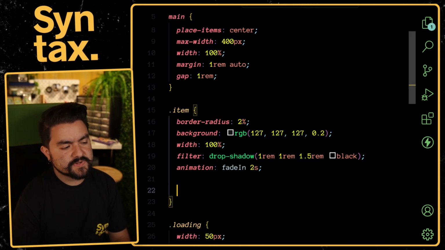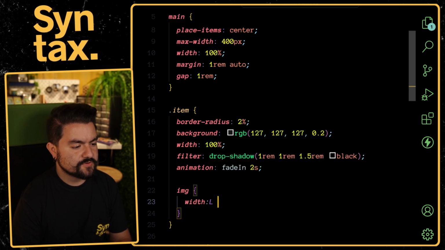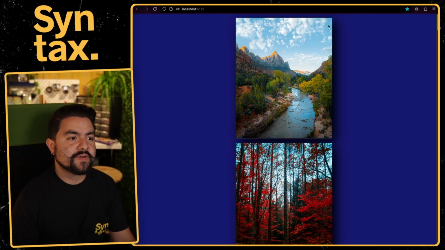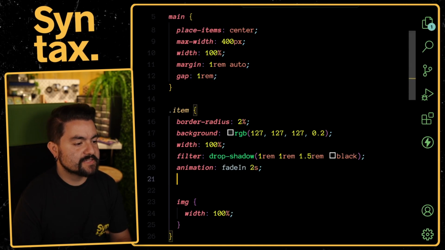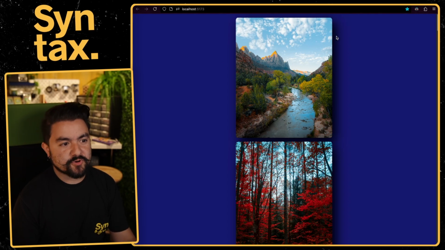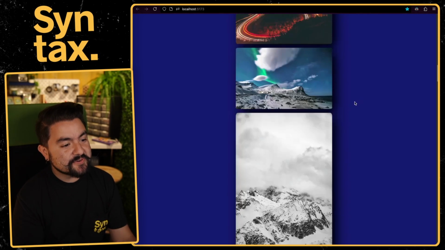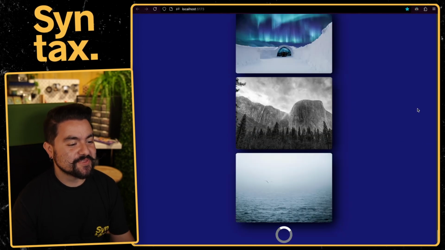So here in the CSS, I'm going to target all images that are a child of the item class and set their width to be 100%. And that looks pretty good, but our border radius isn't actually showing up. So on the parent container, I'm going to set overflow to hidden. And then this way we actually see that border radius instead of the sharp edges of the image. So pretty good. We've got a nice little set of images here, but now we're on to the important part,